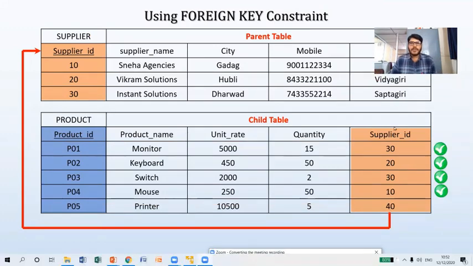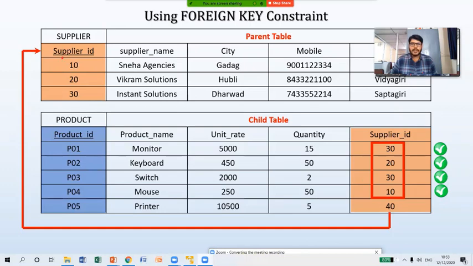Okay, as you can observe, the first 4 records are the ones in which these values are available in the parent table. As you can see here, these values are available here. So it will insert these records in the product table.